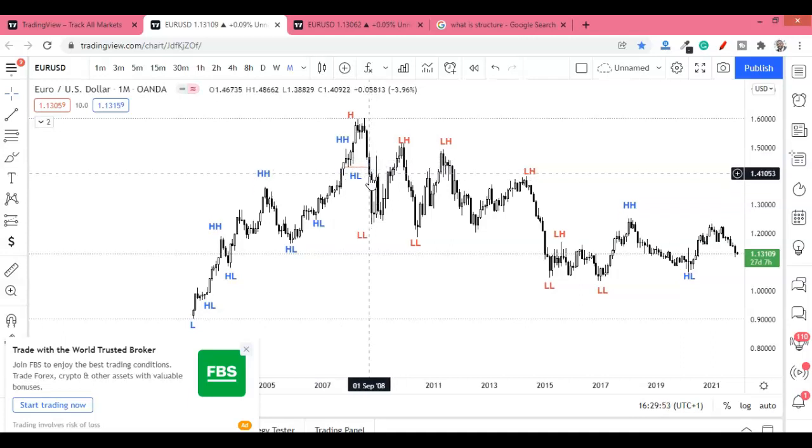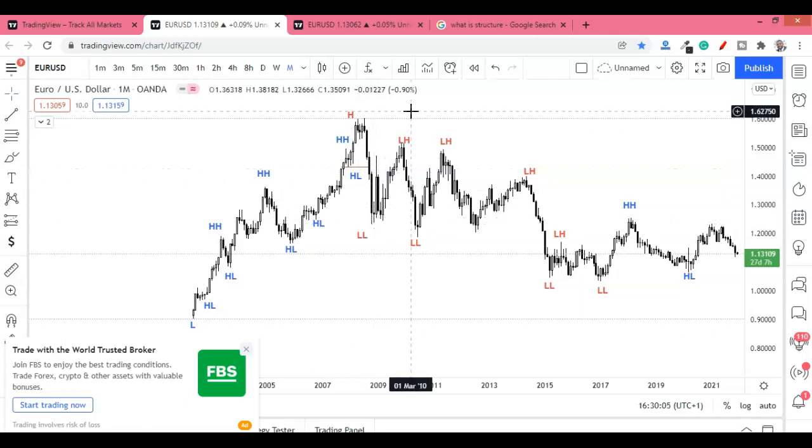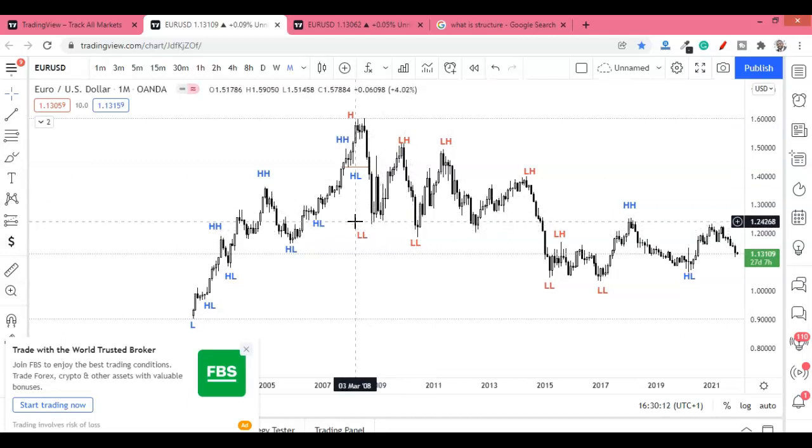If this candle went down and then closed above, I won't consider that a break yet. You understand? I will not consider that as a break of structure until the market closes below that. Then I can consider that as a break. And you can see the price went up, then further broke structure here.